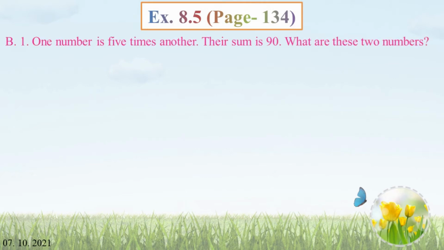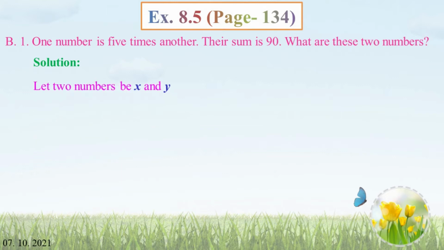First question, one number is 5 times another. The sum is 90. What are these two numbers? Dear children, first you should read the question carefully. Note down what is given and what is to be determined. Here, given one number is 5 times another. The sum is 90. To find the two numbers,